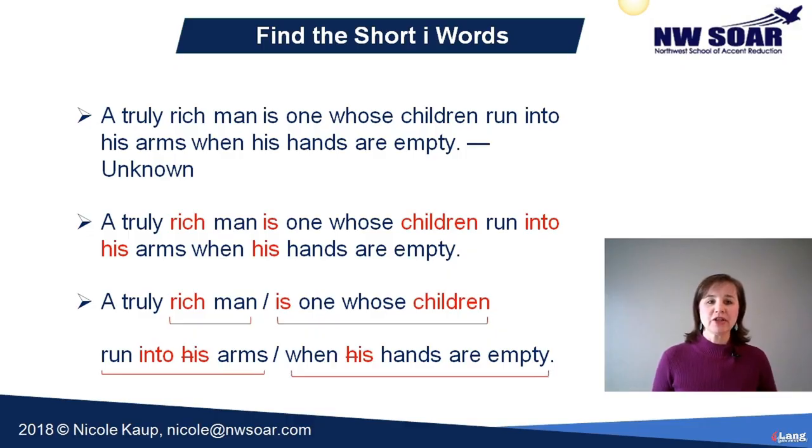Now you'll notice something on here that you may not have heard before. We have what's called the disappearing H. In some pronouns, he, his, him, for example, we delete the H sound when it combines to other words. So notice it's into is. There's no H sound in there. When is. Instead of when his, when is. So that's why you'll see the H with the little line through it.